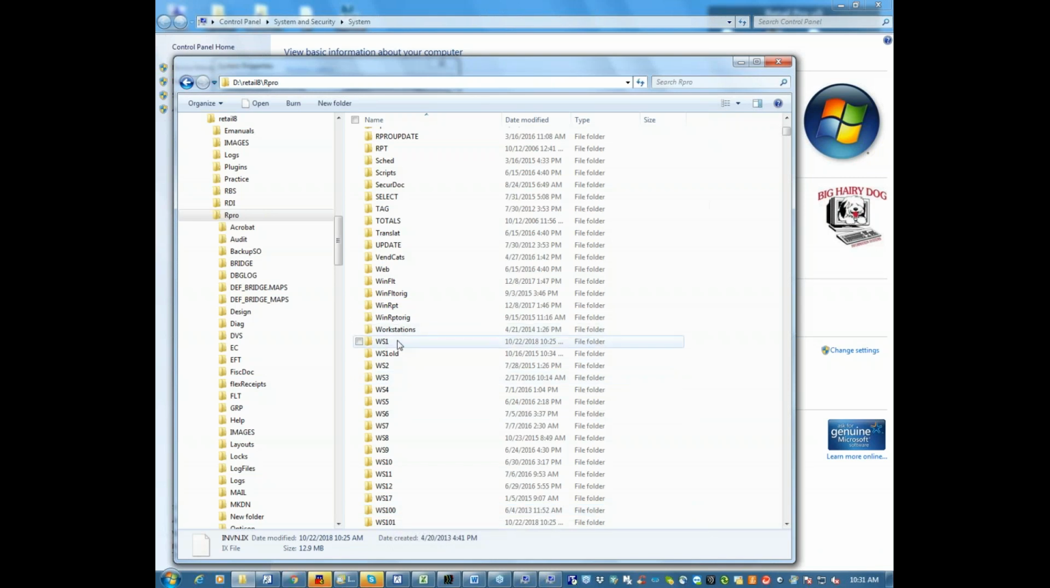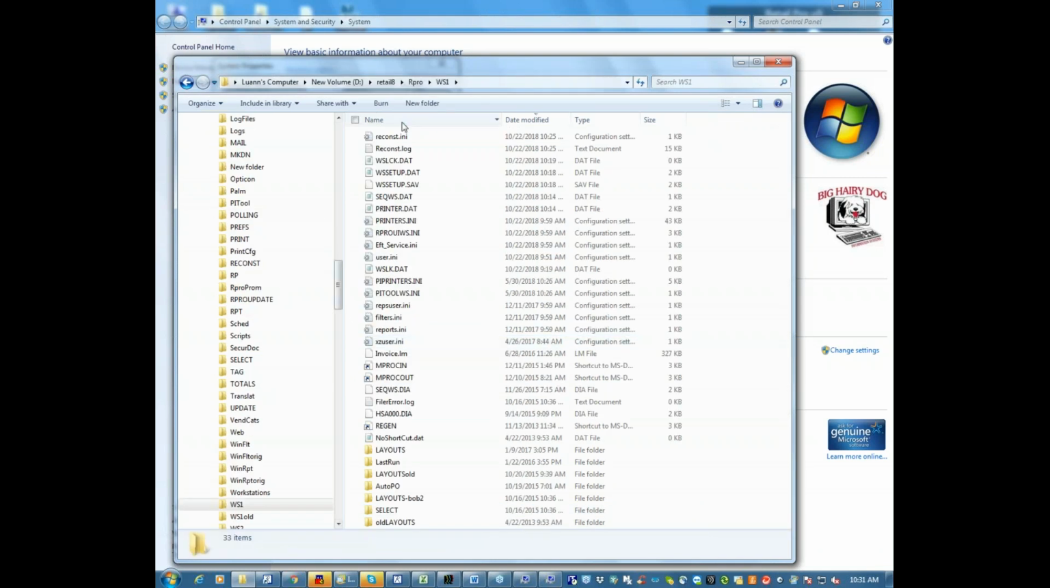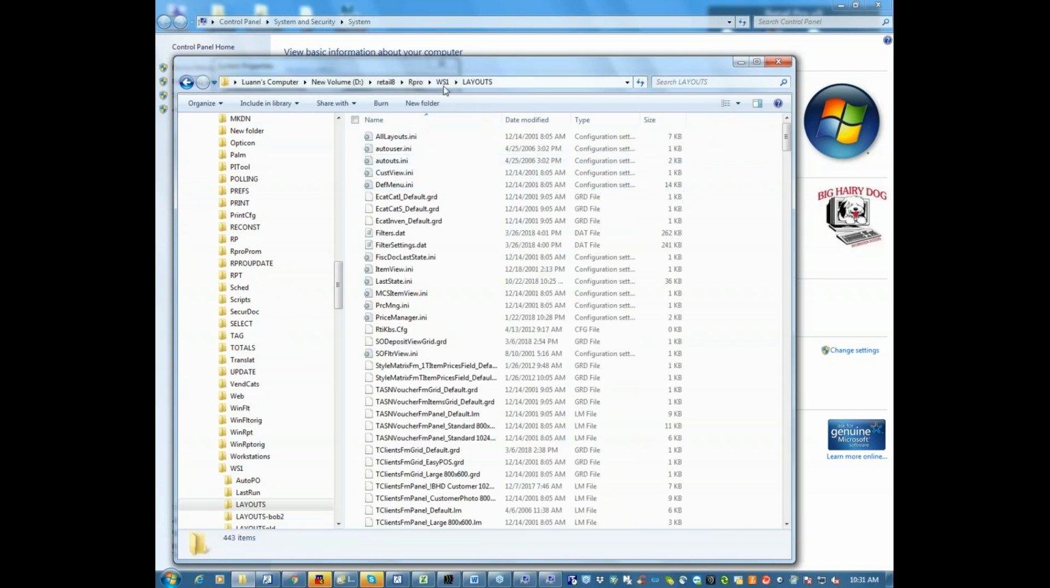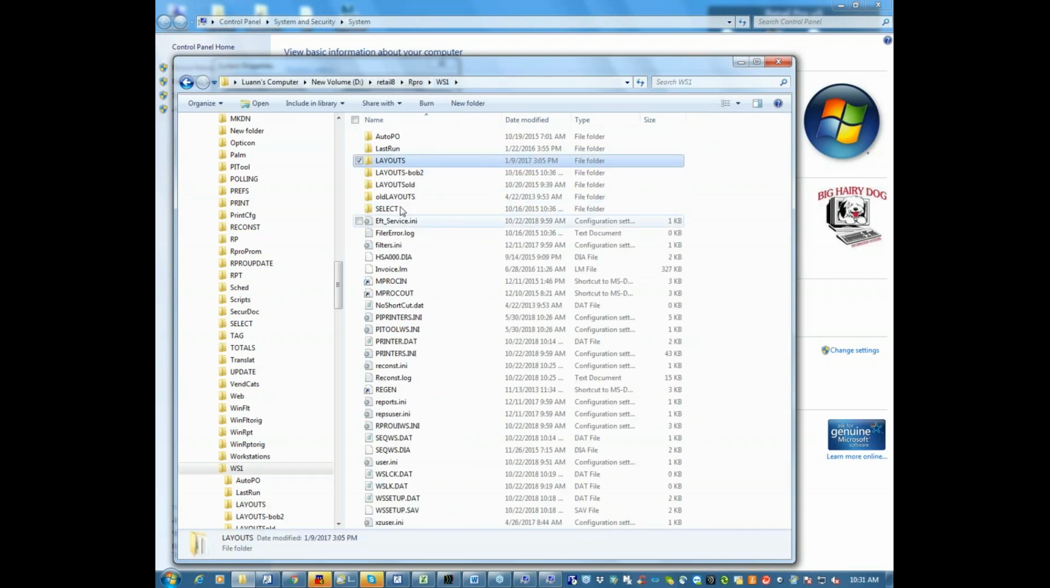Each of these workstation folders actually has some setup in it. These are the screen layouts that you look at, and those are unique to the workstation. You've got some print setup and workstation preference things, and we'll go look at that a little bit later. So there are